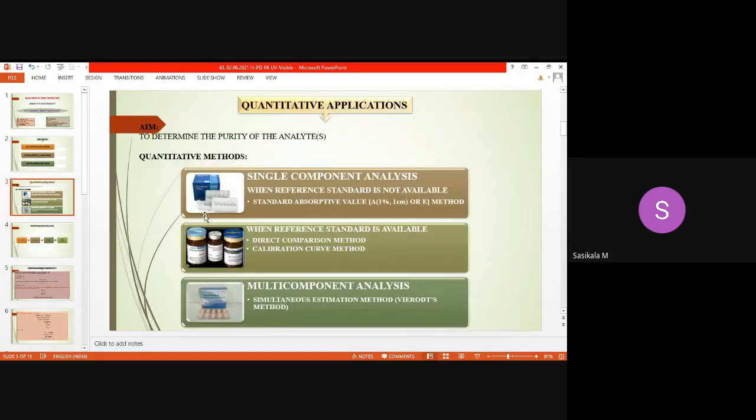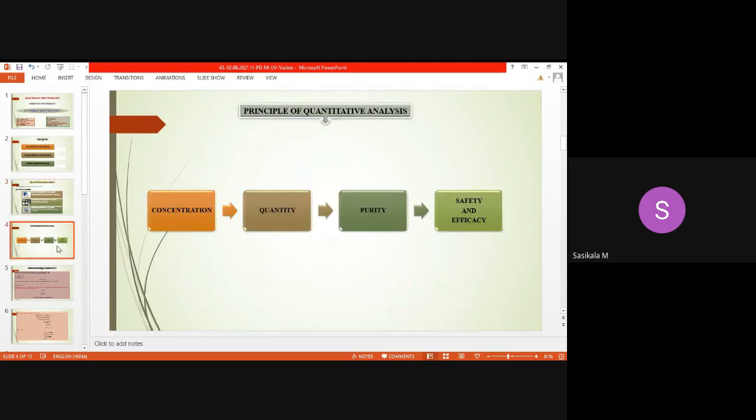When you are making a dilution, if your solution is monophasic and colorless, then it will be analyzed in the UV region. If the compound is colored, then it is diluted and analyzed in the visible region, right? The diluted sample is taken in a cuvette. After adding the sample in the cuvette, it absorbs, and that absorbance is directly proportional to the absorbing species concentration present in the sample.